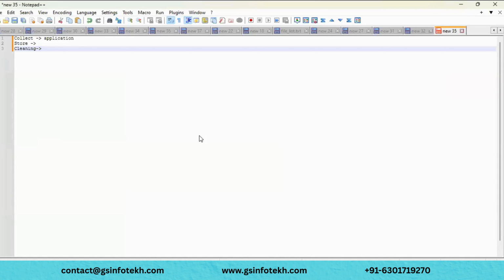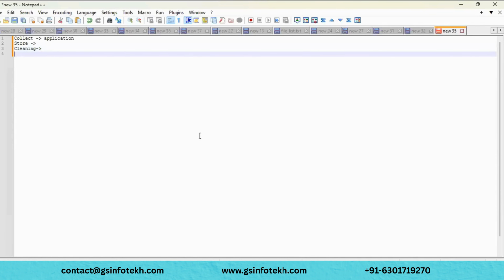And for that we need all the transformations. Whenever you are generating one final report, it is a combination of multiple tables, something like a customer table, a product table, and a sales table. We need to generate a report on the combination of these tables. In that case, we need to clean these tables first, and post that we need to perform some aggregation. That process we call cleaning. And post this cleaning, we will make this data ready for business use.